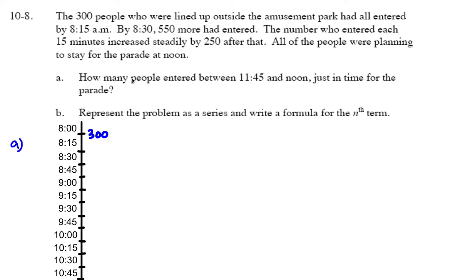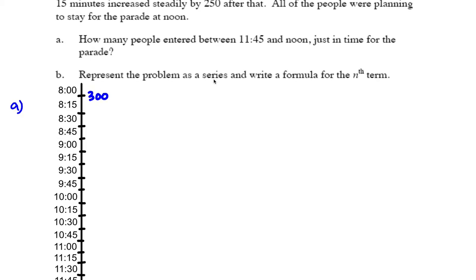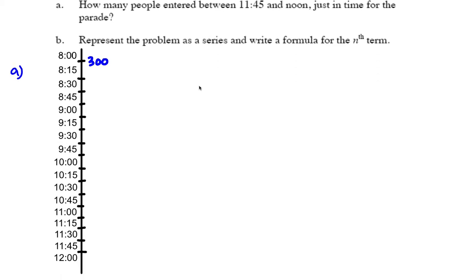Letter A says, how many people entered between 11:45 and noon, just in time for the parade? The way this problem is set up, we're talking about a parade, and these people are entering the amusement park early, before the parade starts at noon. Between 8 o'clock and 8:15, 300 people entered the park. Then every 15-minute increment after that, there's an additional 250 people on top of the previous amount that entered